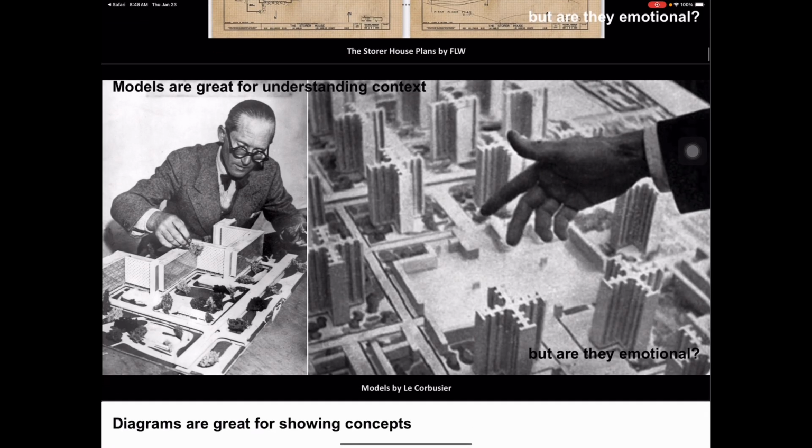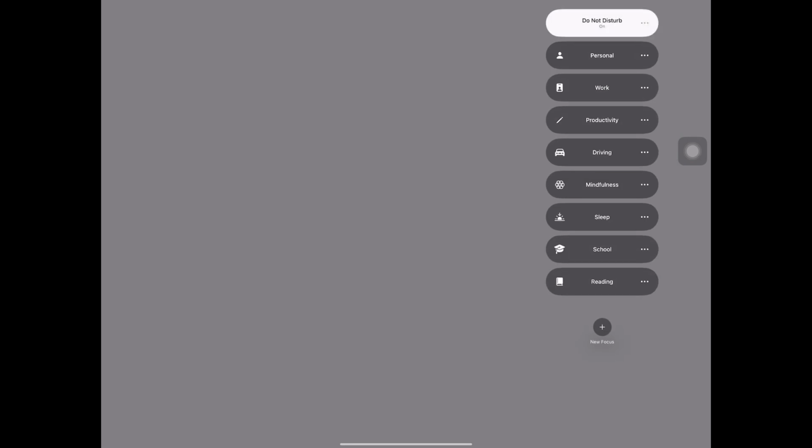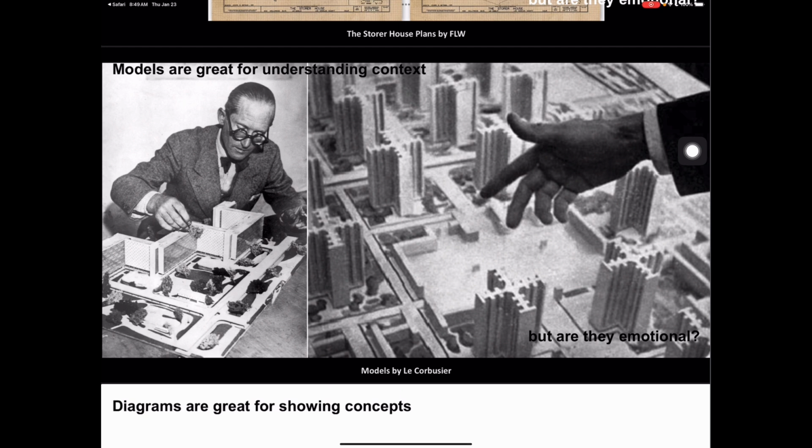And the next step from that is going to be our models. Models are usually the second thing you learn to make in architecture school, and they're a step above it, because you do get to see plan, section, elevation all in one. You can rotate it, you can get a number of different views and begin to imagine what that could look like. But at the end of the day, you don't really give the viewer a curated view of your model, right? So they can pick up your model and view it in any way or form that they wish to, and that doesn't really create an emotional appeal,